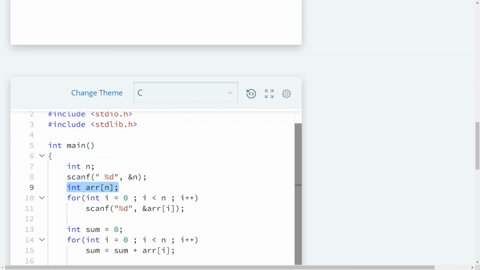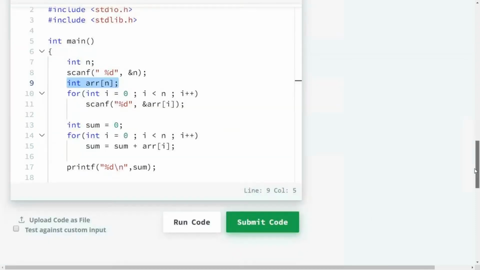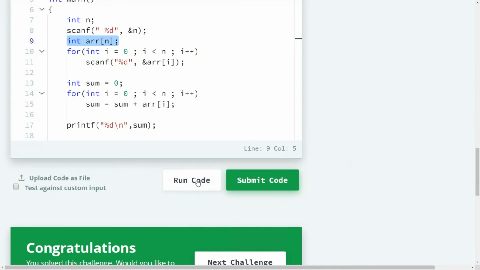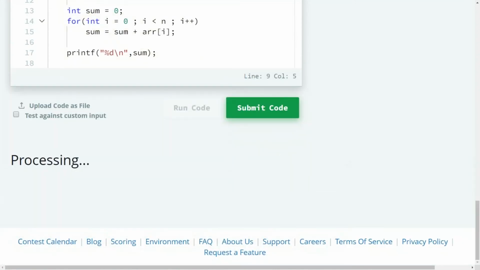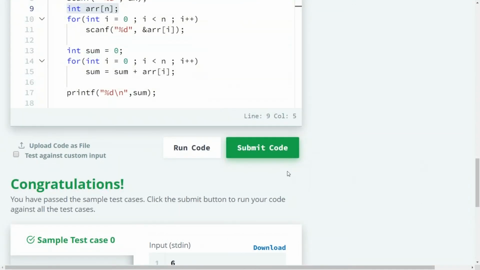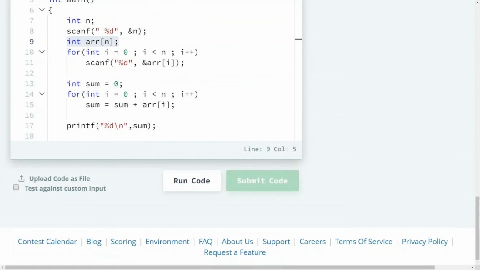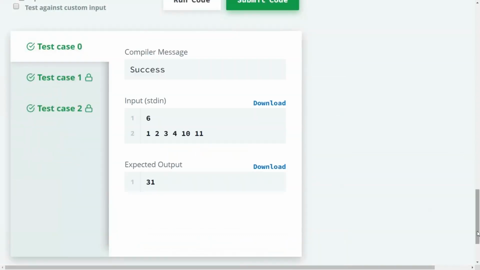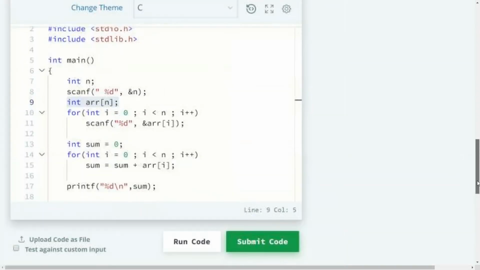Now it will create an array of only 6 elements in the first case. It will create an array of 10 elements in the second case. It will create an array of 1000 elements in the third case, depending upon whatever the value of n is. So let me try to rerun this code, right?